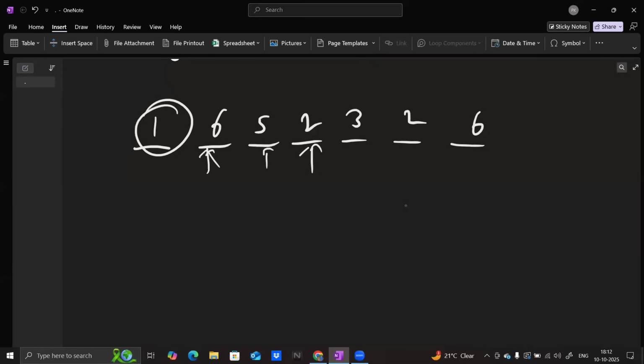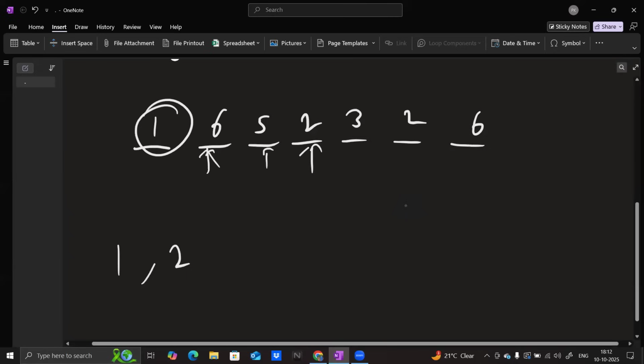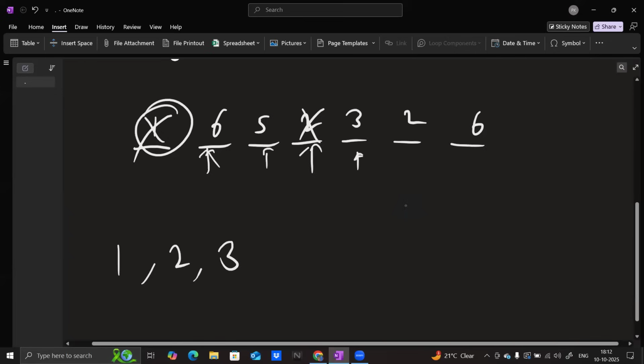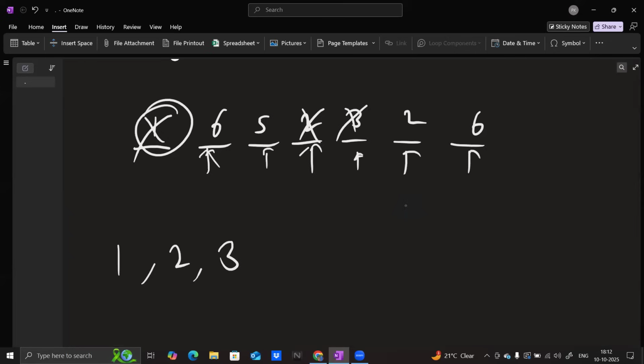So let's say I choose this 2. So I have chosen 1, I have chosen 2. Then let's say I move to 3, and I choose this 3. So 3 is chosen. Then let's say I move here, I don't choose. Then I choose this 5. Right. And basically,